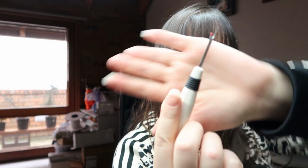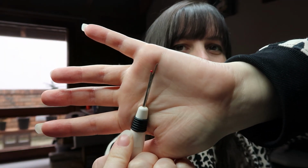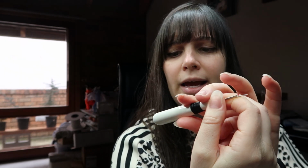The way I do that is I use these little thread pick things. You've probably seen these a million times. This is a really good one. It's by the brand Clover, and I think it's a Japanese brand, and they make things for just, what's the word,